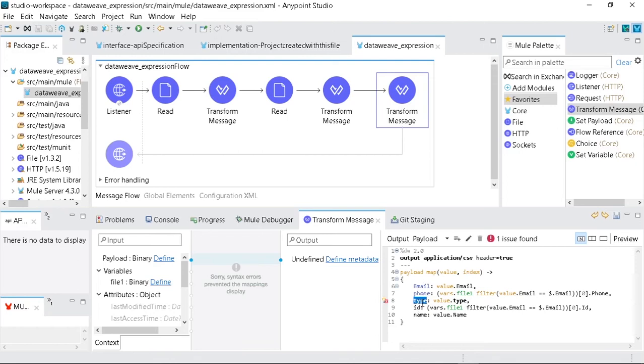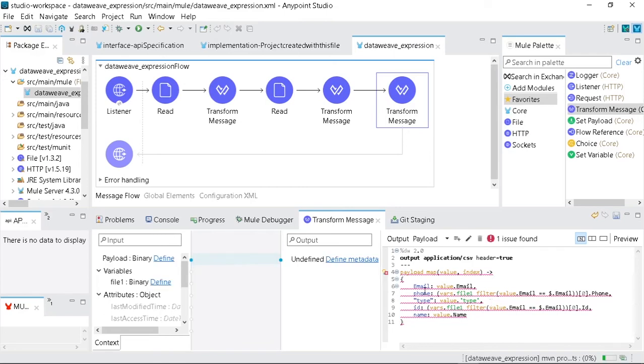In case of type, it is a keyword, so we cannot use the type keyword directly here. If we want to use type, we will have to mention it inside quotes. So I'm keeping it inside the quotes, and the same thing for this type. Now I think it's done.